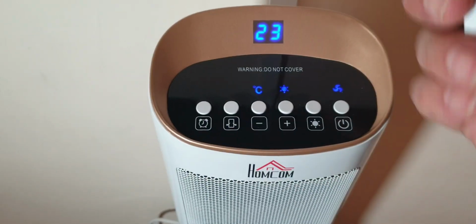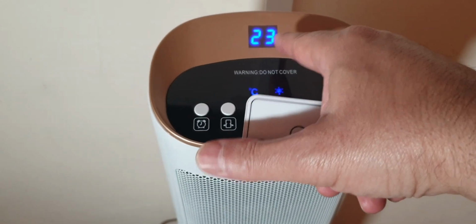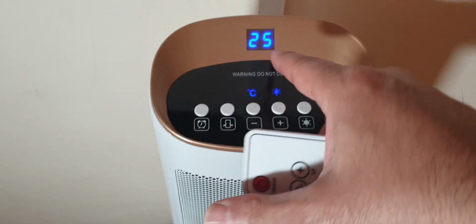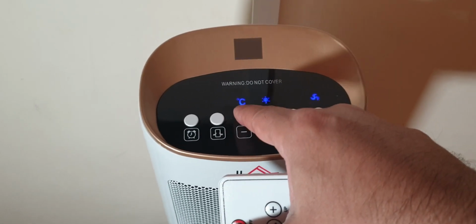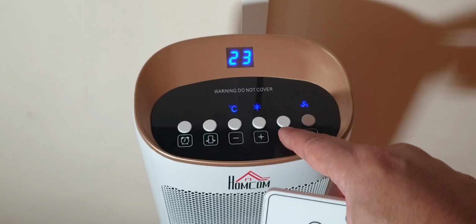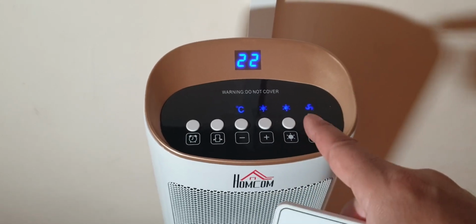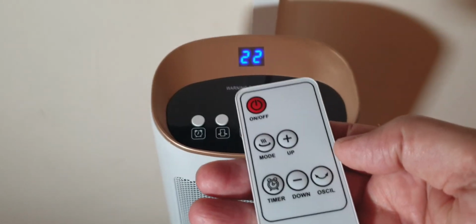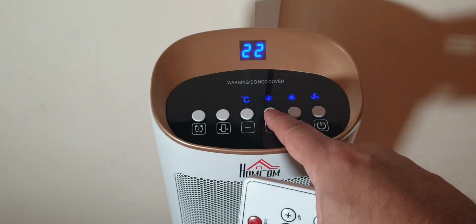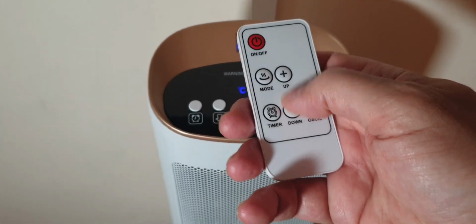and this one shows the temperature of the room and gradually it goes higher. If you want to know the temperature setting you have, you just press the C and it shows you the temperature. And then if you want it to go to 2000 watts, you just press this again, it goes to 2000 watts. Now if you want to change the temperature, you just press minus or plus, or here plus or minus,